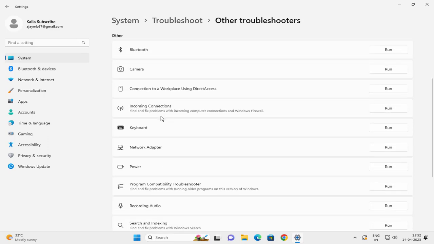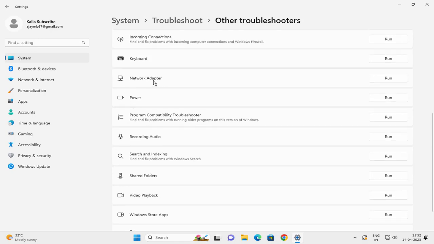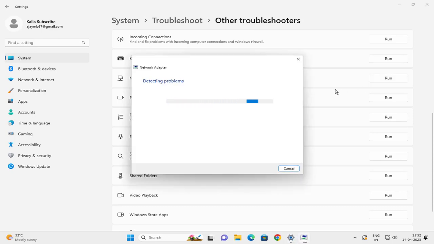Scroll down, guys, and find network adapter over here. Run it. If you are having any issues detecting problems in network adapter, guys,